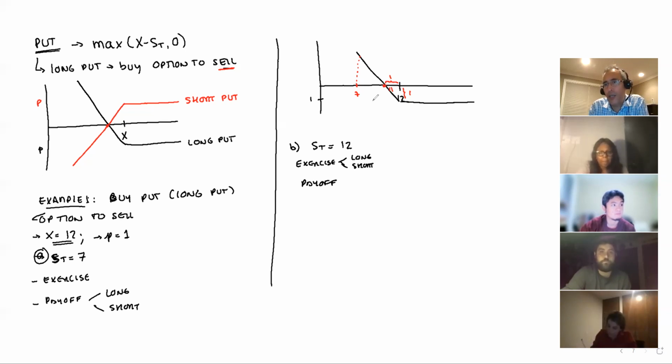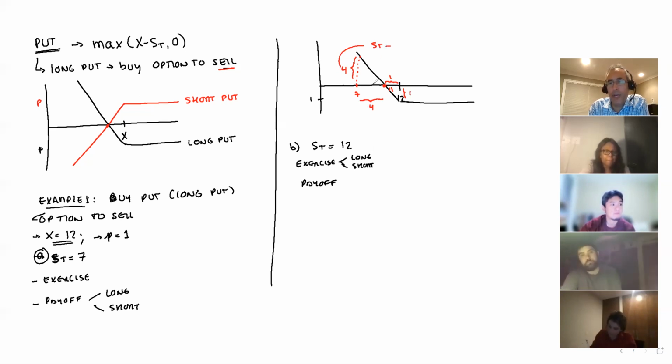Agree with me, guys? So what is the distance from here to here? 4. Do you agree with me? So what is the distance from here to here? 4. And you just need to remember this one in formulas is